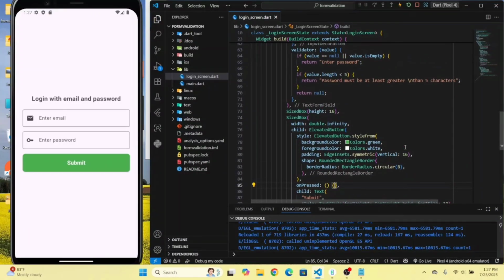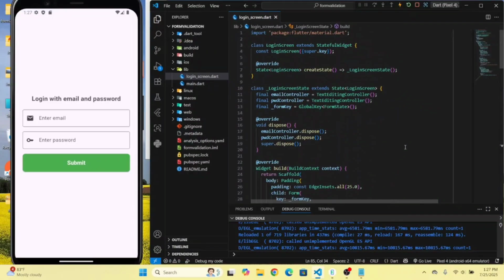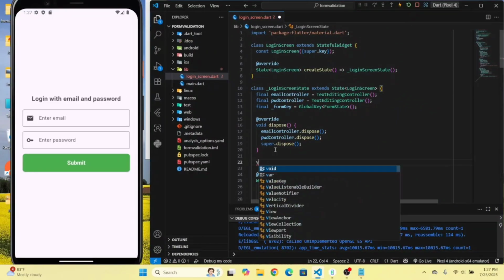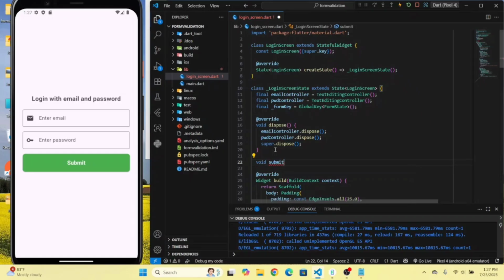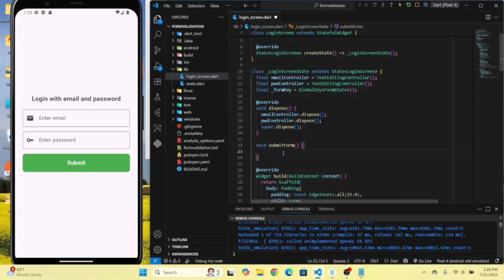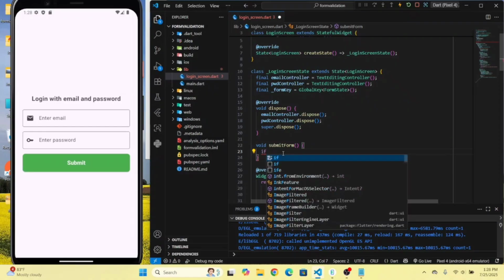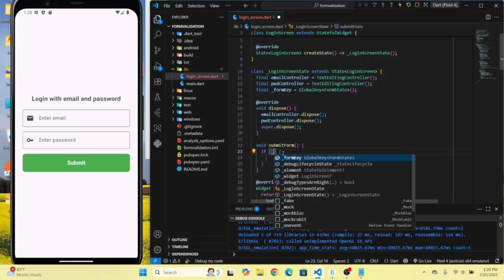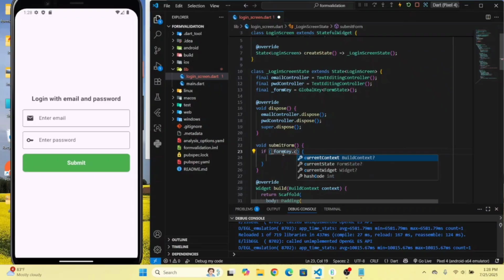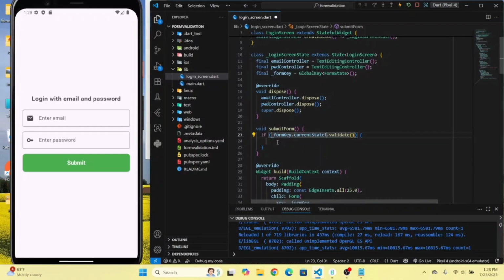Let's create the function, the submit form function, on top over here. Let's create a function, void submitForm, and write the condition: if formKey, which would give the current state, get the current state dot validate. If the current state is validate, then